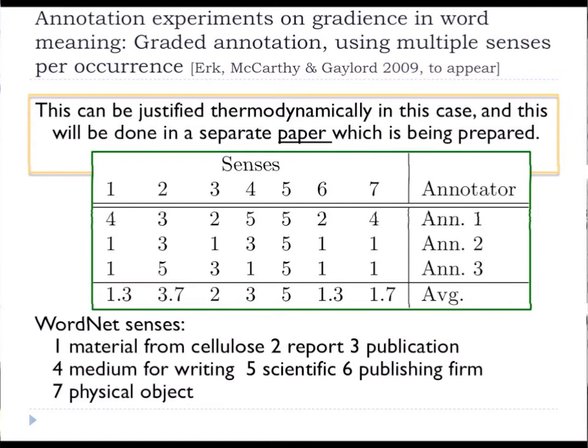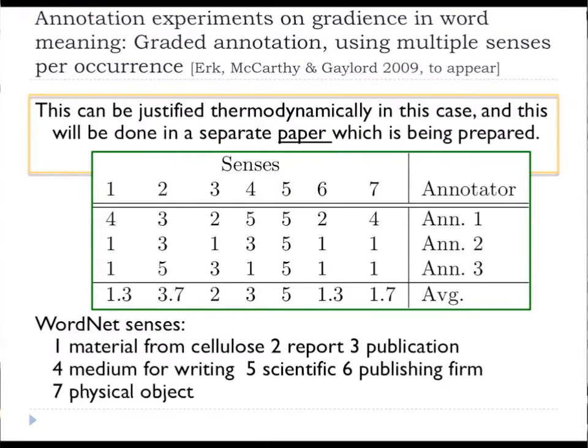Then there's sense 2, which gets a medium to high rating from everybody. Sense 2 is a report. And annotator 1, but not annotators 2 and 3, also saw senses 1 and 7 as applying, so material from cellulose and a physical object. So annotator 1 diverged here from the other annotators, but did so in a very consistent manner. So it looks like this annotator really perceives the physical piece of paper sense when they talk about the scientific paper. So what we see here is, and what we saw overall in this annotation task is that annotators